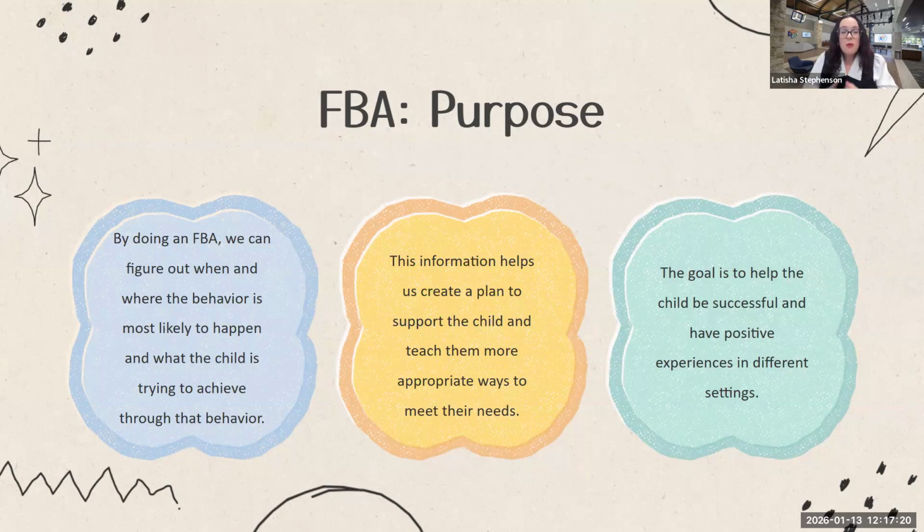But the goal is we want them to be able to have the skills to positively interact with other people and the environment at school so that they can build good relationships and learn the academics that they need to learn. So many things are addressed in school that have nothing to do with math and reading. And sometimes things not related to math and reading prevent students from being able to learn. So we need to make sure that we are creating a plan that addresses all of those things.